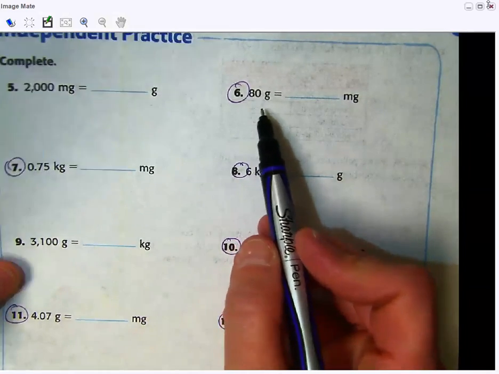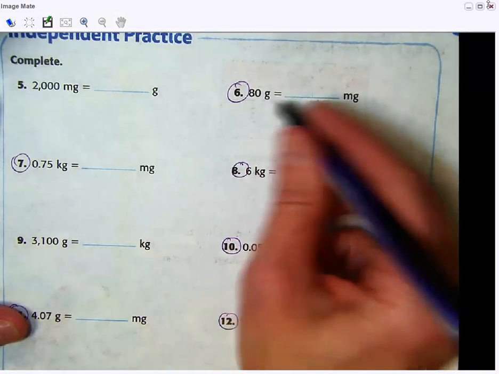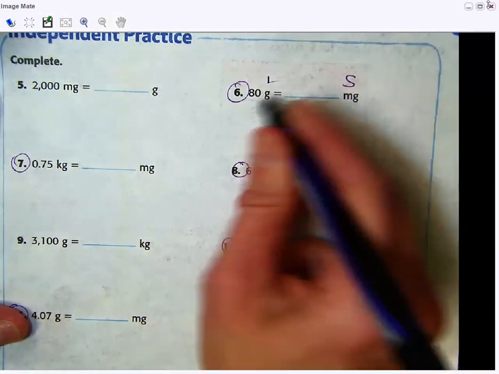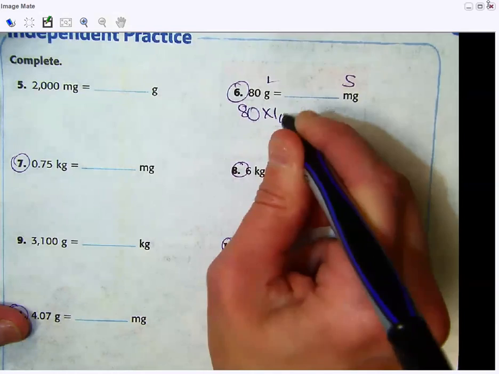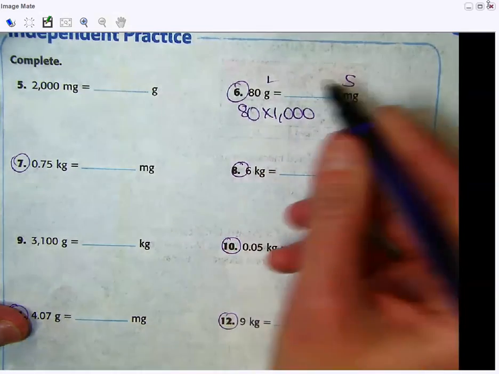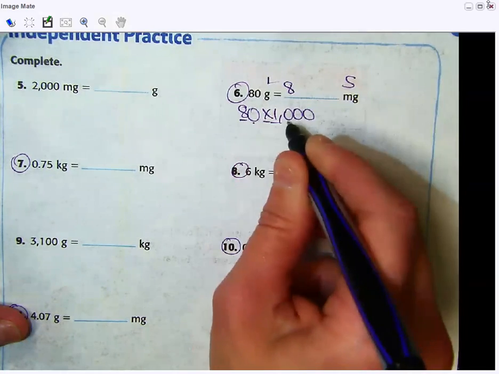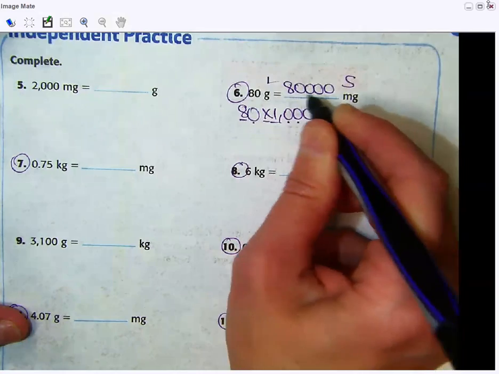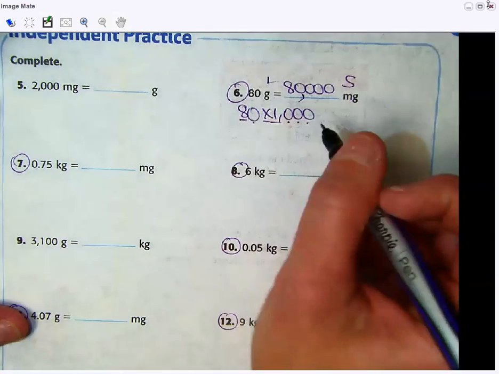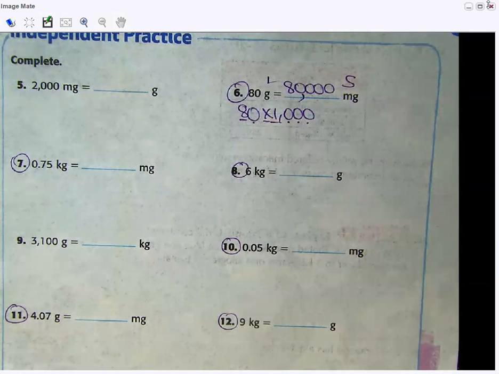Number 6, 80 grams to milligrams. So we know we're going from grams to milligrams, large to small, 80, and there are 1,000 milligrams in a gram. So there are 8 times 1, basic fact, and we have 1, 2, 3, 4 zeros. So that would equal 80 grams is equal to 80,000 milligrams. All right, moving on to number 7,